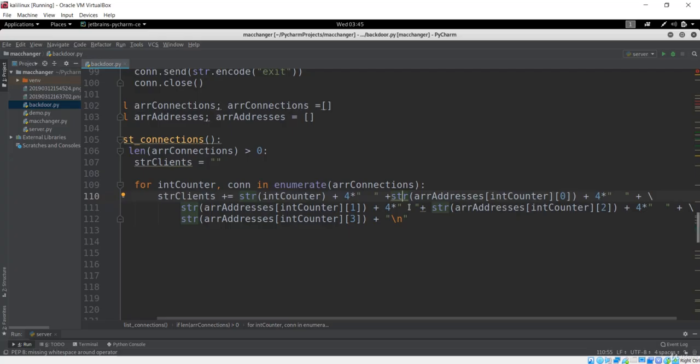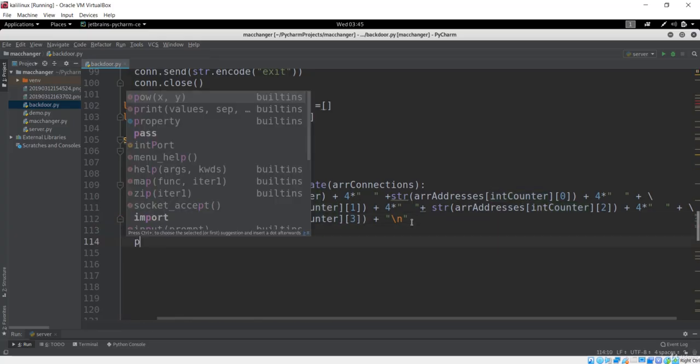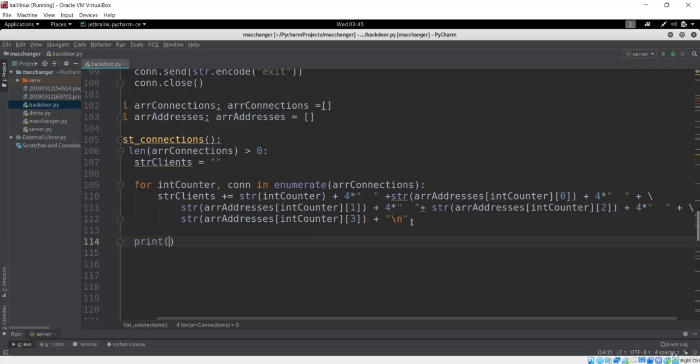So let's go over here, and there is also IP. So the first one over here is IP, and the second one is port, and the third one over here will be PC name, and the last one will be your OS, which is the operating system that is installed. So let's go over here, and now let's print some information, because this will be just random. So before this we want to print some information like this is the OS and this is the IP. So let's give that information.